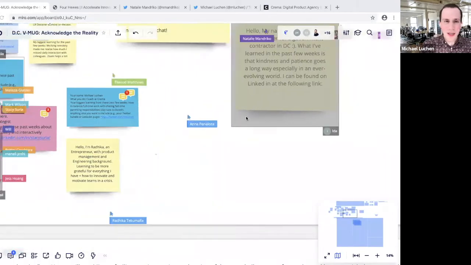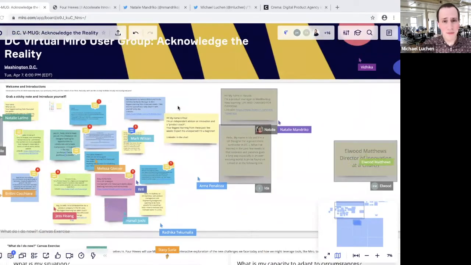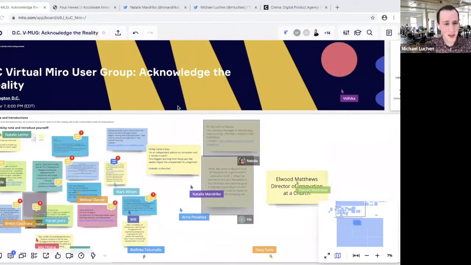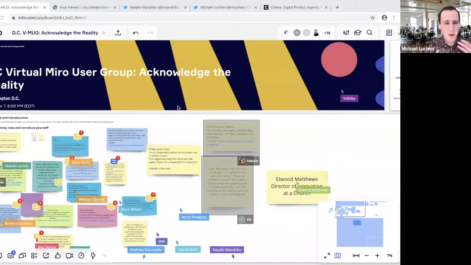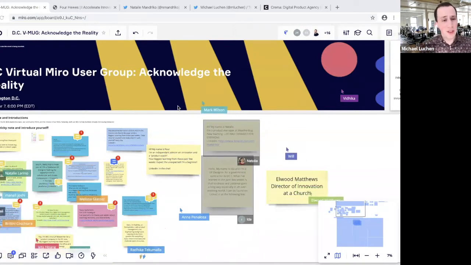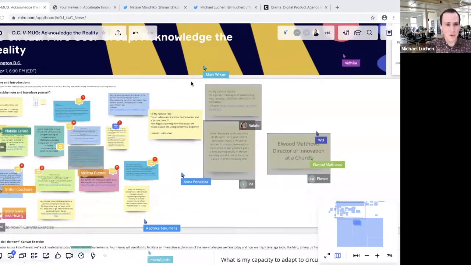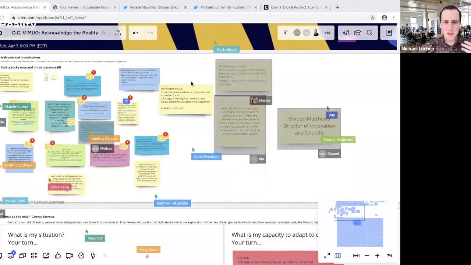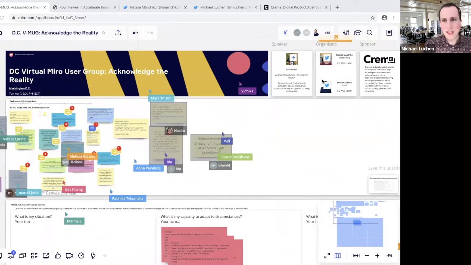So I'm really excited about this event. I'm really excited about this user group and kicking this off. Normally we would kick this off in person in DC, but due to the reality today, we can't do that. Yet, ironically, this might be one of the best ways that we could really kick off a virtual event with Miro, given, as we can see here, the power that this has to allow everyone to jump in and virtually network and connect. So I'm really excited to walk through this all with you tonight.